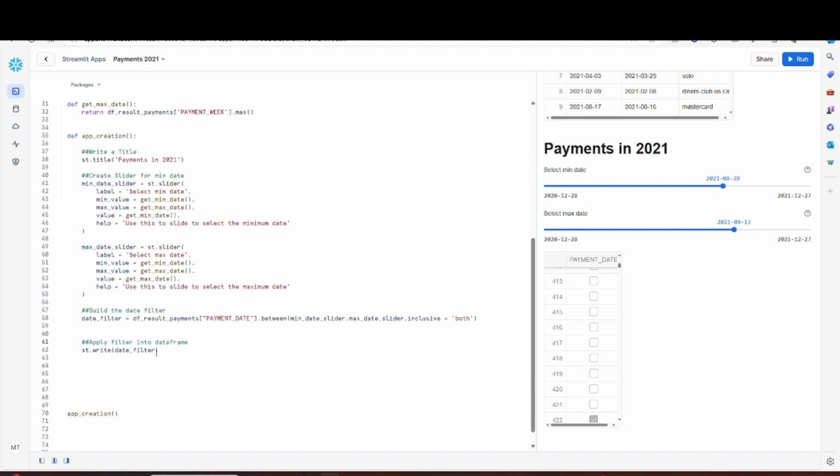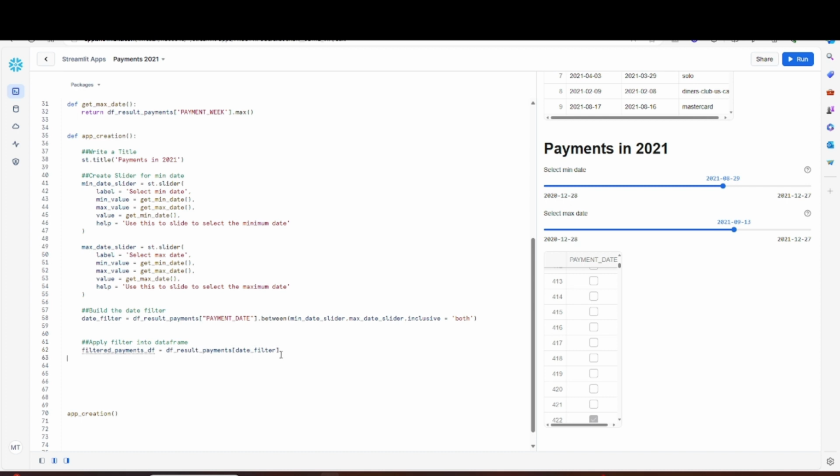So I'm just going to do something like this. I'm going to call it, let's say, filtered payments, let's go df. And then it's going to include this as a column, right? Something like this. So basically what I did is, okay, I've got this set here, this column here. I want to apply this into